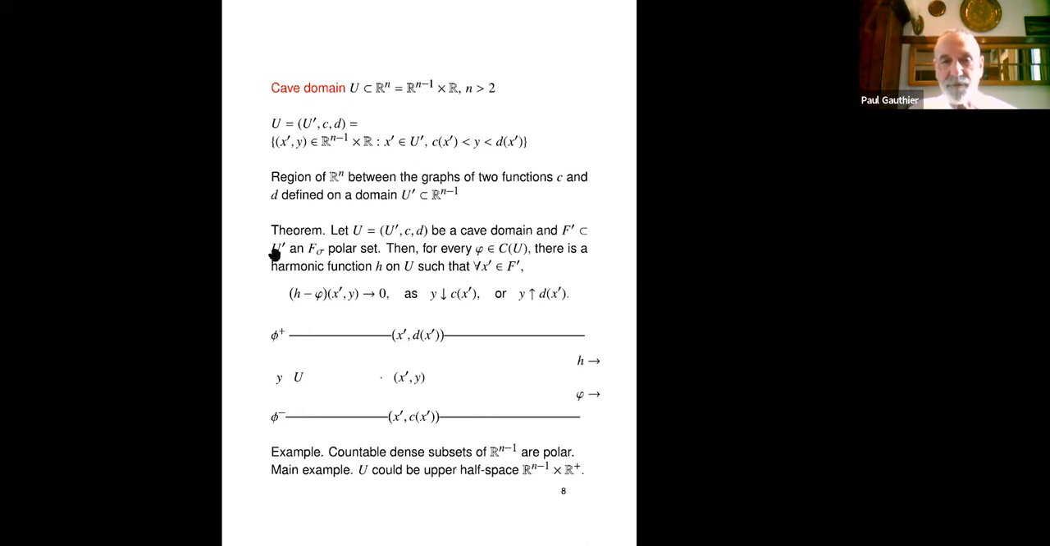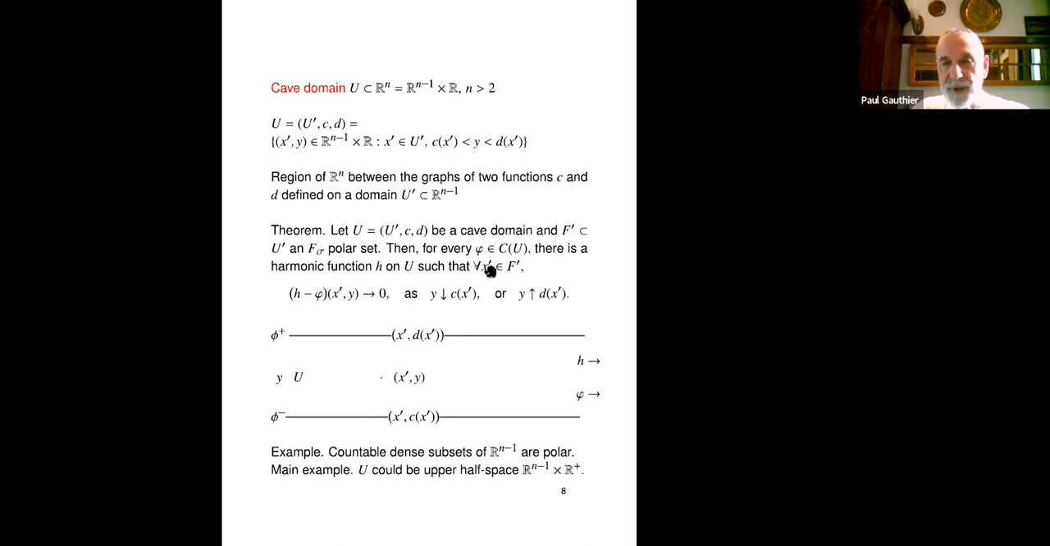A subset of U prime. U prime is, if you look up here at the definition of a cave domain, the domain is parametrized by a subdomain U prime in Rn minus 1. So it's between these two graphs of functions, both of which are defined on U prime. So if we have such a cave domain and F prime is in the parameter space and it's an F